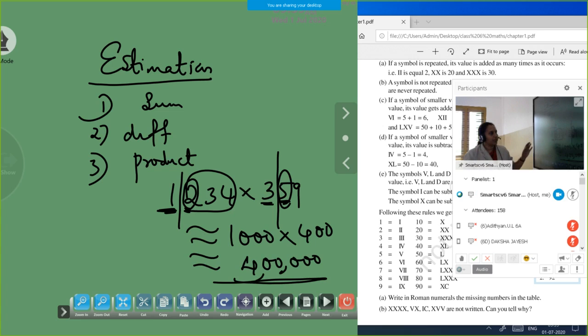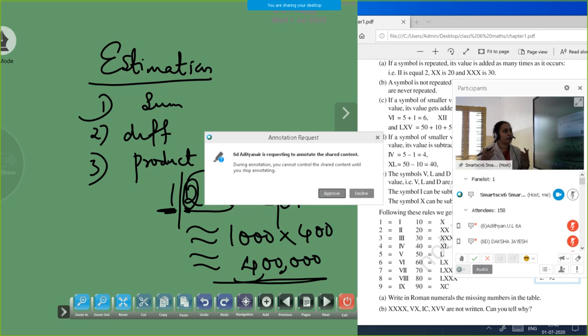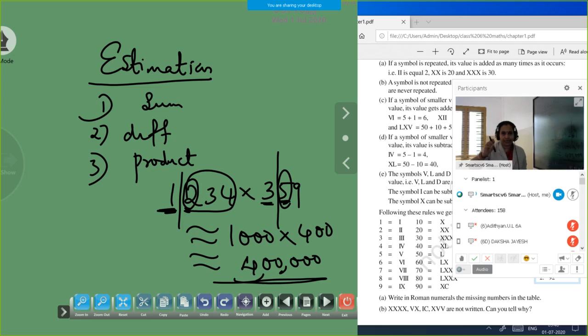See, like this. In multiplication, according to the greatest place value, you round off the numbers and find the answer. In sum and difference, follow the question. If they ask nearest tens, do according to that. Nearest hundreds, according to that. If they are not asking, then it is up to you. You can make it nearest 10 or nearest 100, but mention it in brackets. Okay, I have done nearest 100, I have done nearest 10. Like that you can do it by yourself. Children, this is the estimation. Then after that, what have we learned? We learned the Roman numerals at the last.